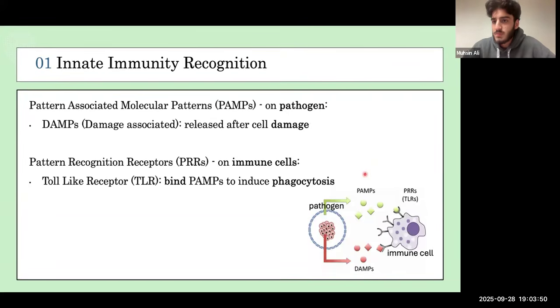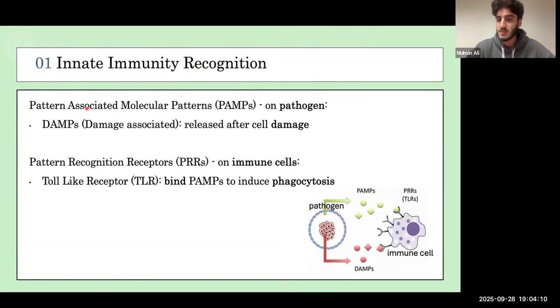Right. So now the question is, how does your immune system, how does your body tell whether a cell is a pathogen that is going to cause disease, or whether it's your own body cells? So in other words, how is it going to recognize self from non-self? It's done by these